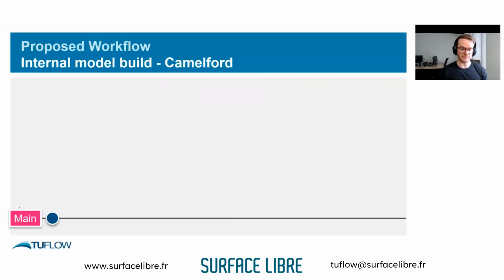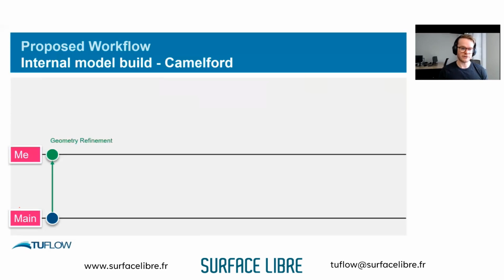I want to continue building this model. So the first thing I would do is pull the latest update. These circles on the timeline represent commits. At some commit I'm going to pull, so these two dots are identical commits. I now have the latest updates of the model, and I want to make some more refinements to the geometry. I want to make sure that roads, levees, everything else is enforced in the model, so that, typical hydraulic modeling stuff, I want to make sure water's flowing correctly.